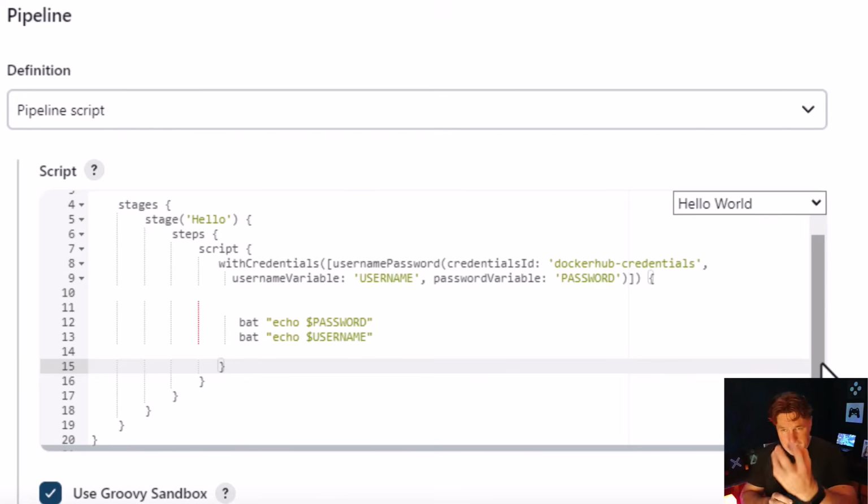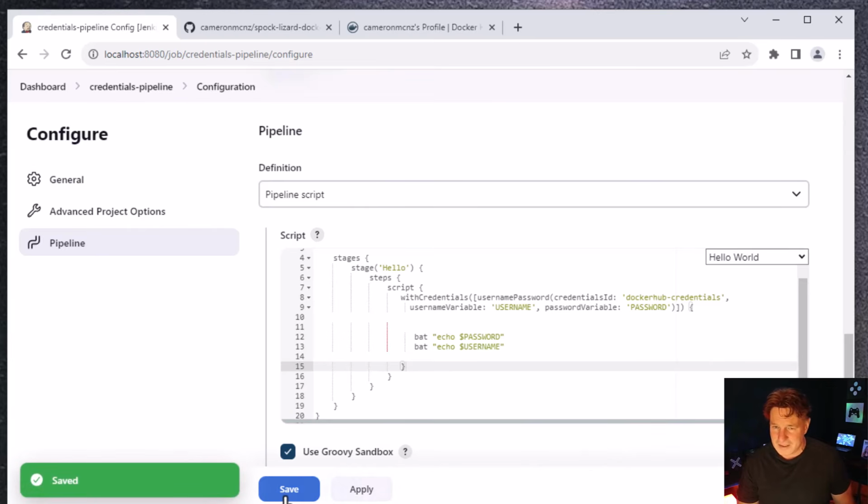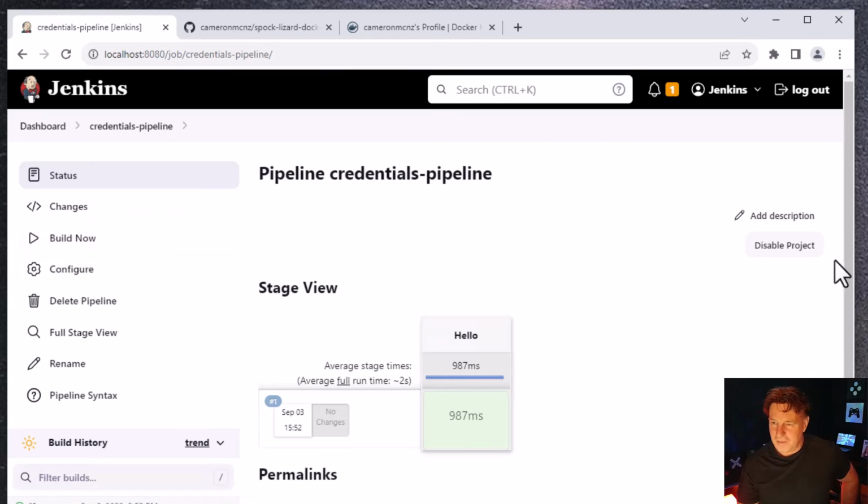withCredentials will pull that credential out of Jenkins, and it will allow you to take the username and password variables and assign them variables of your own. So I'm just assigning them the name, username, and password. And then within this block of code, you can use those variables to access the username and password. And so I'm just going to do a batch file to echo out password and username. Yes, you are going to be able to see my password. I'll click Save here, and I will click Build Now. And in the log file, I should be able to show you what my password is